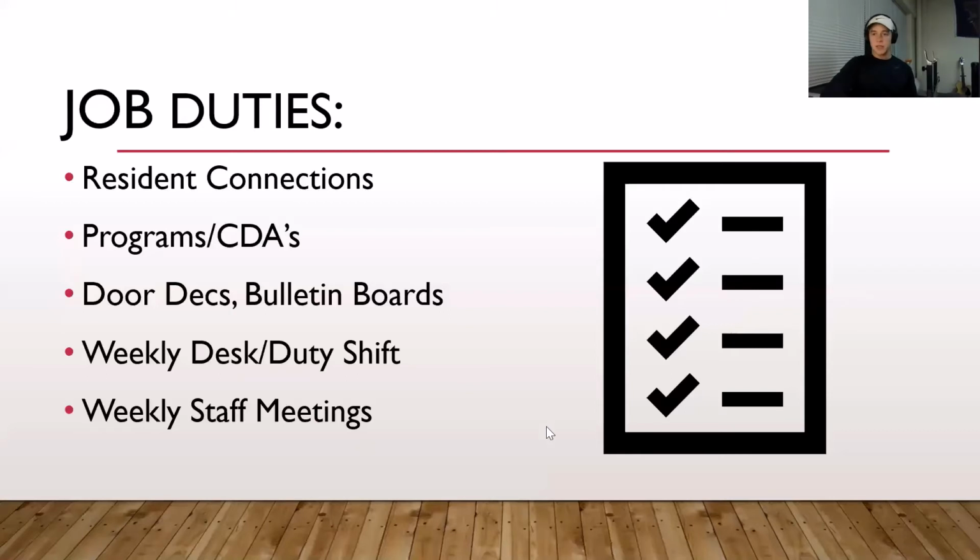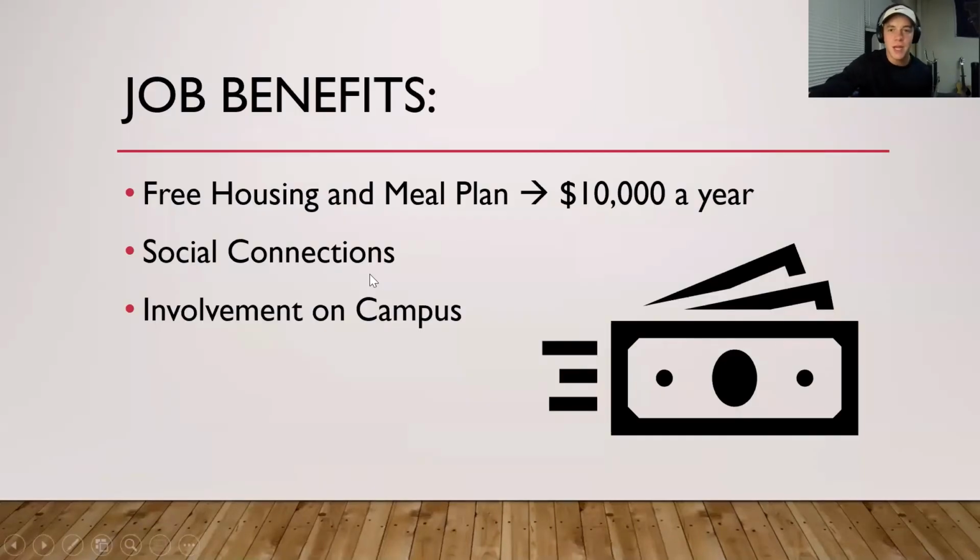That's a little bit about our duties. I didn't go into much detail. Sorry if that weekly staff meeting explanation was terrible. I was just listening to myself and that sounded very confusing. But just to preface it, I have boss A and I have boss B. This week I met with boss A. Next week I meet with boss B. Hopefully that makes sense. So let's move on into the job benefits, right?